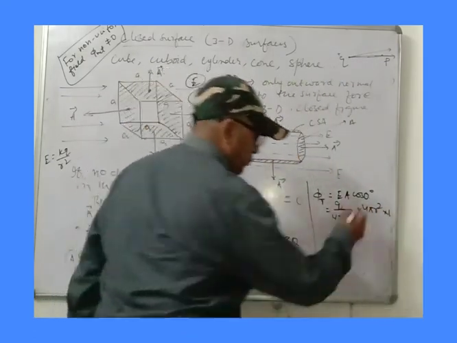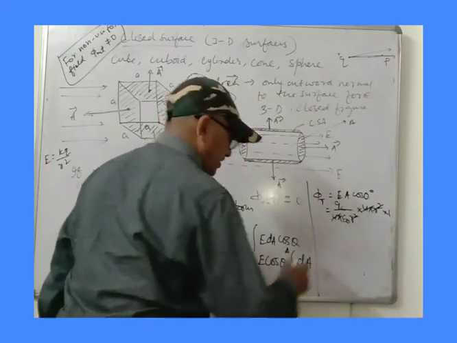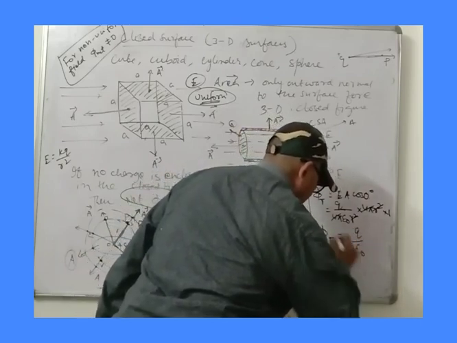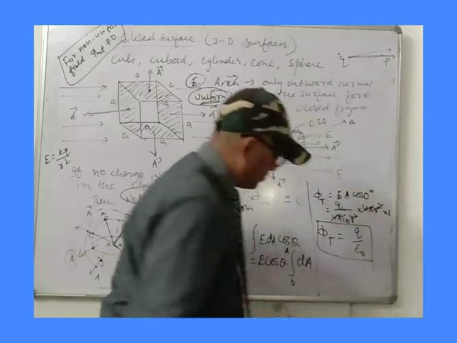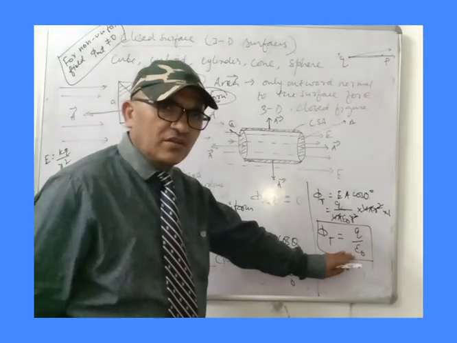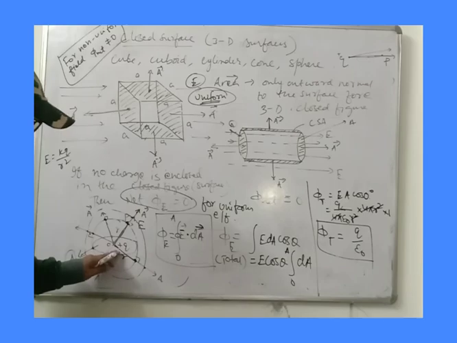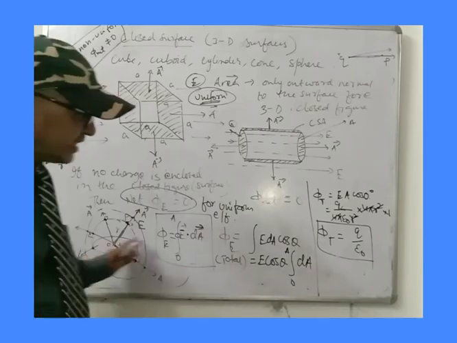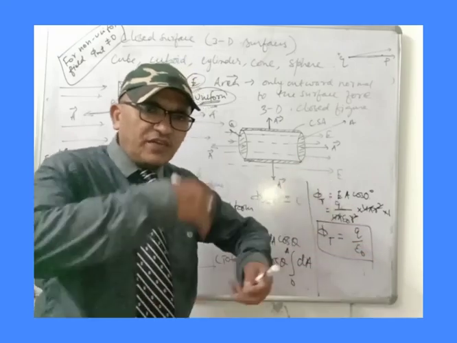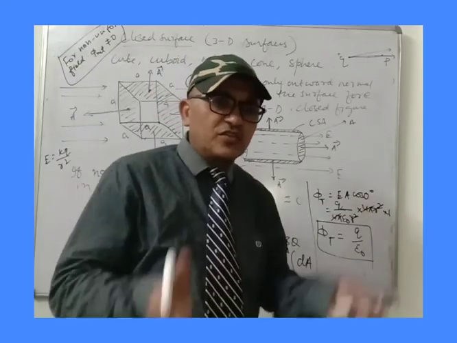Now cancel out. 4 pi cancelled. R square cancelled. What is left? Phi total equals Q by epsilon naught. Wow! This is Gauss law. This is called Gauss law. Oh yes! Now we understood that we have already connected to the Gauss law, as I told you earlier. While doing the flux through a closed surface, we came to the conclusion of Gauss law.